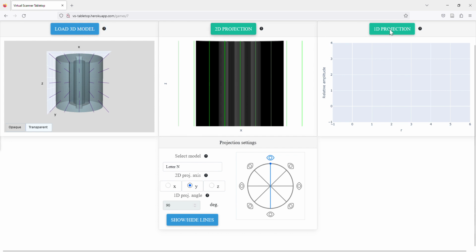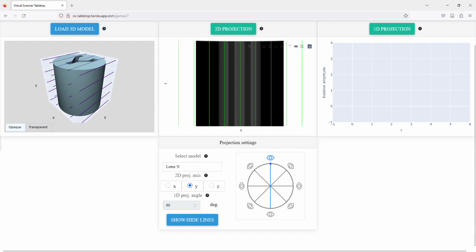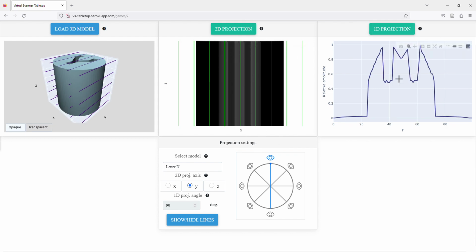For the 2D to 1D projection, right now the projection goes along this axis. So if we perform a projection, you can see clearly that the three rungs are being represented by these three peaks in the waveform. You can also rotate